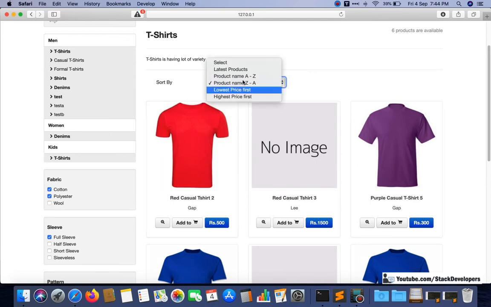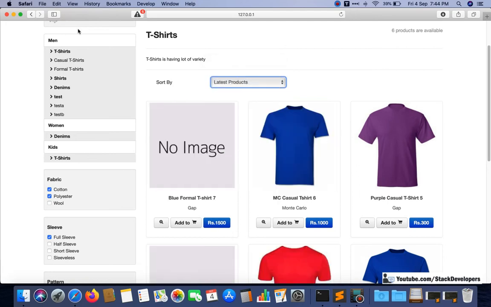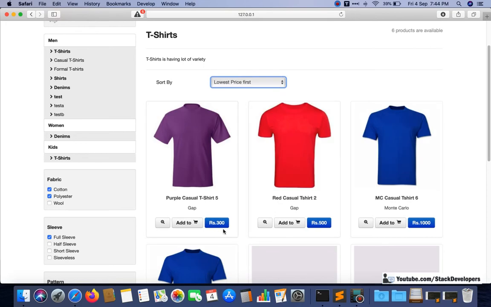Right now only sort is working. You can see the page is not refreshing and sort is working very fine. You can see here lowest price first, 300, 500. But these filters are not working along with this one. Like if I choose lowest price first here and select cotton, then only cotton t-shirts will open with the lowest price.